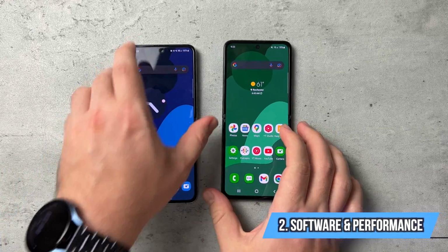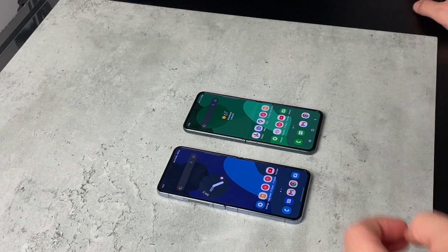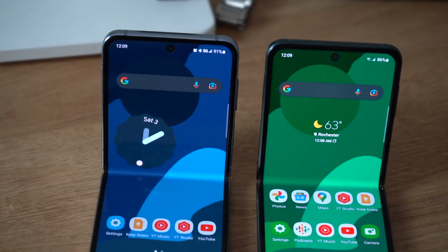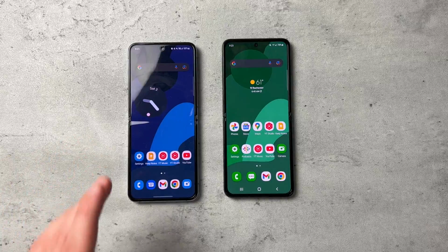They perform the same. They both run Samsung's One UI, currently running Android 12 on both of them. They're going to get 4 years of software updates. However, Samsung's Flip 3 already got 1 year major software upgrade, so it's going to get 3 more years. So Android 13, 14, and 15, whereas the Flip 4, you're going to get Android 13, 14, 15, and